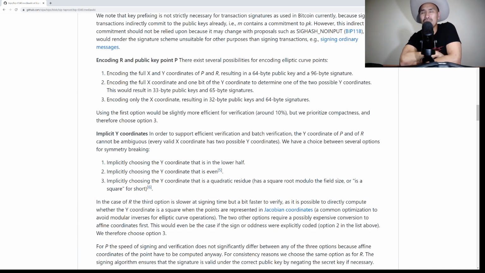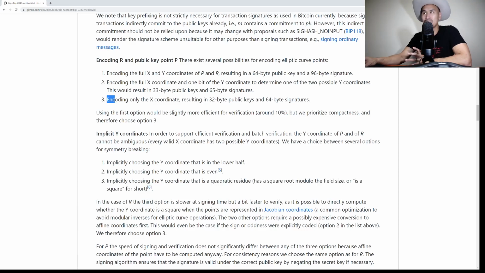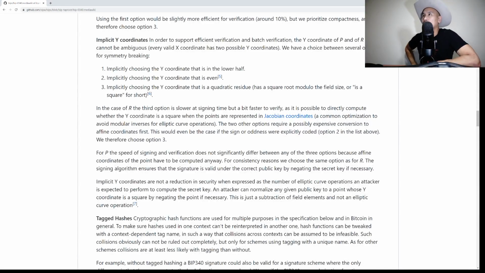So in order to decrease CPU time, verification being the main design consideration, option 3 is chosen. So very good design choice, totally makes sense. You can see the reasoning for the design choices that are being made here, which is to reduce whatever goes into the blockchain and make it as easy on the verifiers as possible, and put the burden on the signers to produce the signatures.